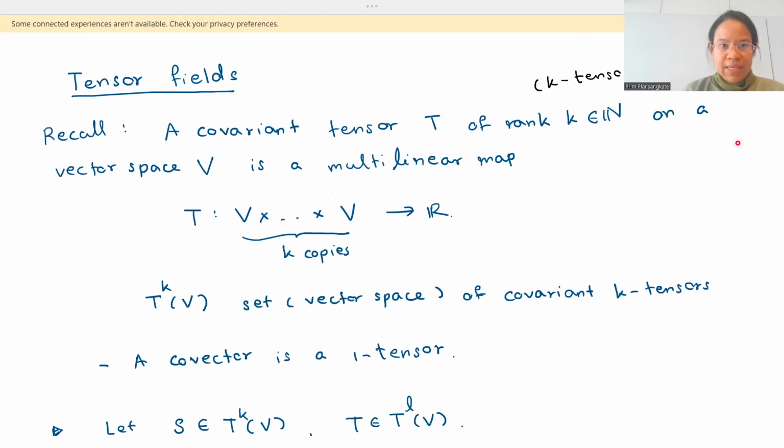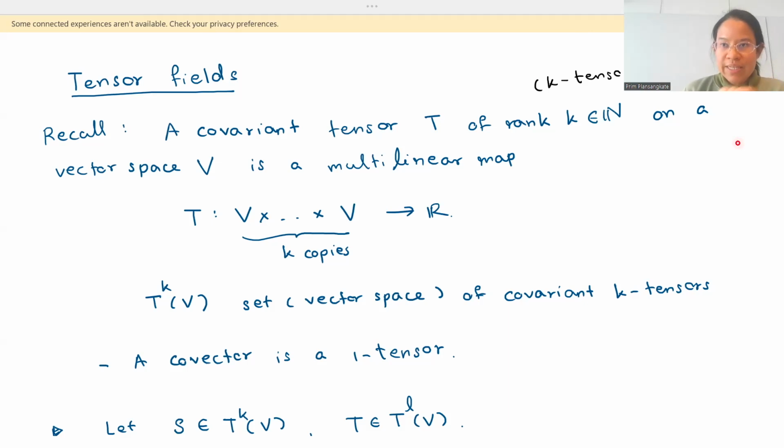First, let me record the definition of a covariant tensor, not on a manifold yet, but on a vector space. Suppose we have a vector space V, then a covariant tensor of rank K, where K is a natural number, sometimes I would just say K-tensor,